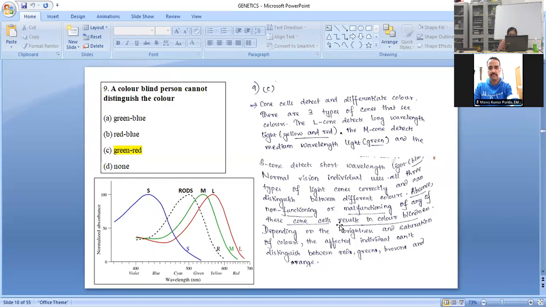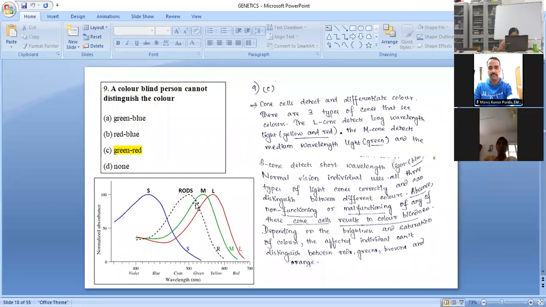Okay, so the cone cells that detect and differentiate the color, there are 3 types of cones. Here in my diagram, you can see certain wavelengths are given and the cone cells' performance is given. So we have 3 cone cells, 3 different varieties, that is S, green M, and red L. And this is the absorbance frequency of the rods. Rods are associated with dark and light vision, and cones with the perception of colors. So for the cones, we have S, M, and L, 3 different types of cones.